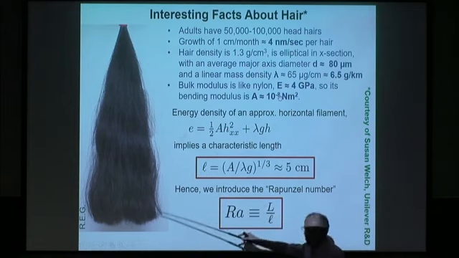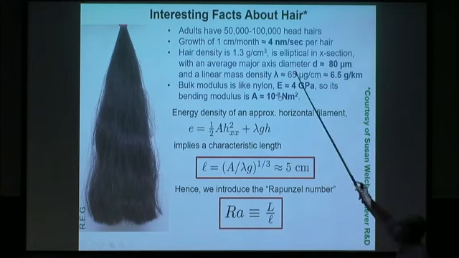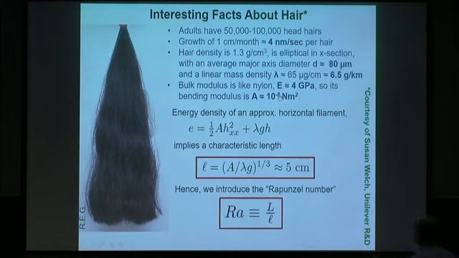So let's look at a switch of hair. These are standardized switches that we get from a company in Long Island. They have 10,000 hairs roughly. They're about 25 centimeters long. And a typical head of hair has up to 100,000 hairs. Hair grows about 4 nanometers a second, which is about the size of the individual protein molecules that make it up. So it's adding 1 per second.